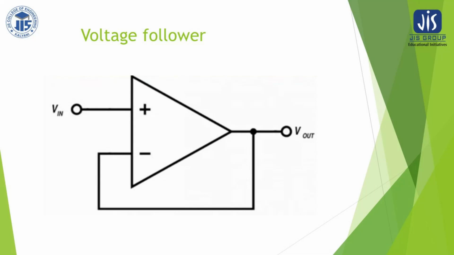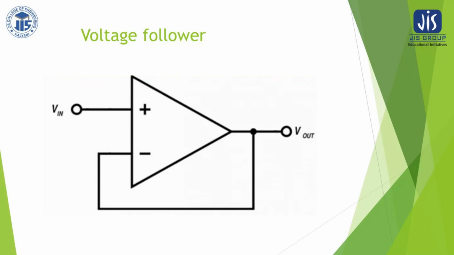So why the need for a voltage follower to be constructed? It is required because sometimes your output load may be sensitive. At that time, if there is any fluctuation of input voltage beyond some abnormal condition, it will destroy the output load. So to protect that sensitive output load, this intermediate amplifier, also known as a buffer, voltage follower or buffer circuit, is used. Due to abnormal fluctuation of the input, this buffer circuit may be destroyed, but the load will not be hampered, or no malfunction will be applied on the load.